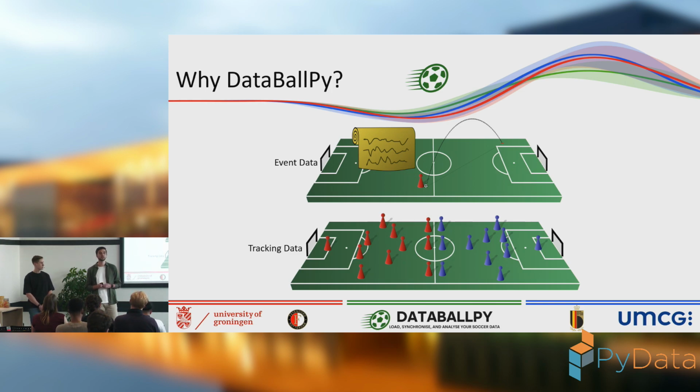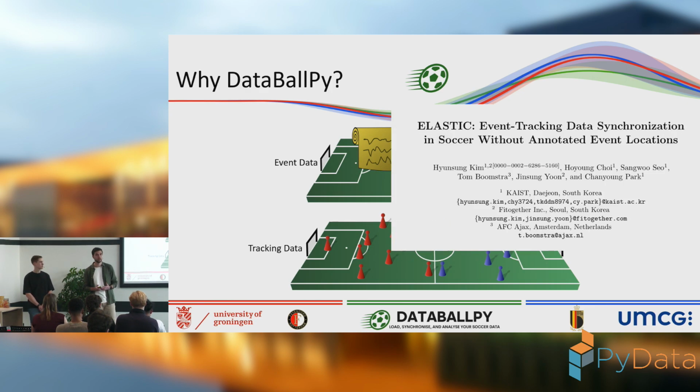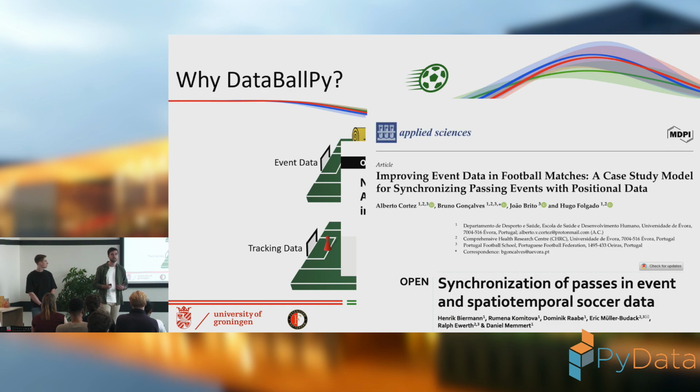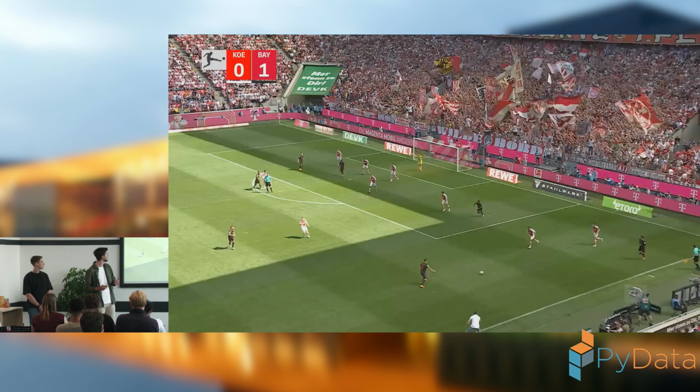Now, the thing we see in literature is that although these data sources individually are already really interesting, combining both of them has added benefit, especially for tactical analysis and for contextualized analysis. The key problem here is synchronization and alignment between the tracking and event data. And to give you an example of what I mean with it and why it might not be as simple as you think, I have a short video clip, and there I can explain you what I mean with the synchronization. Now, in this video clip, we will see 3 passes and 1 header